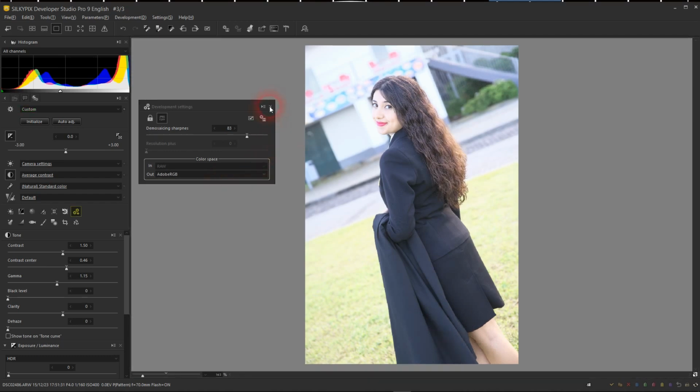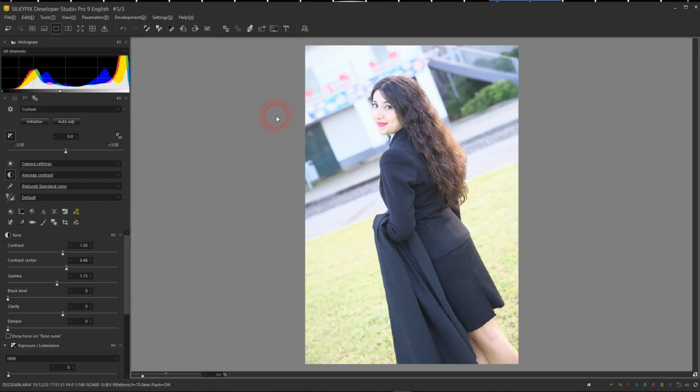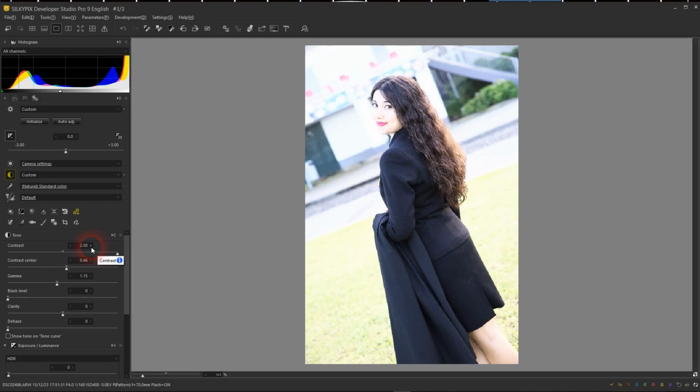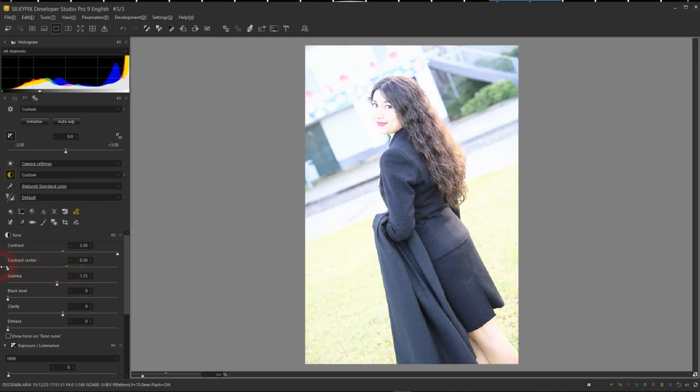Next, and act always like this, as we don't have any references, and without worrying about the image condition, use the contrast tool to make the form of RGB channels stretch. For that, move the slider to the value 2.50, which is the highest normal point of the tool. Believing that some of you may already have discovered that we can go beyond this value, my advice is to do that, but only when you know what you're doing to take advantage of it. Continuing, and to have no influence on the set of the form, use the slider of the contrast center tool and decrease all the values. This completes the effect of stretch and fill.